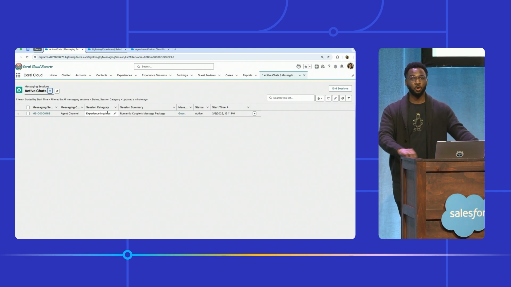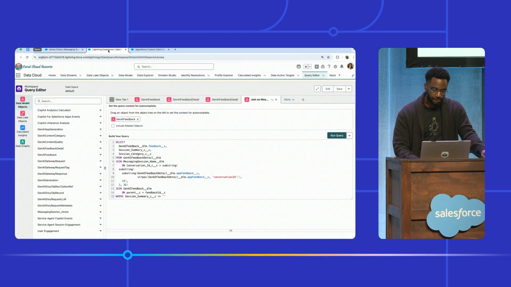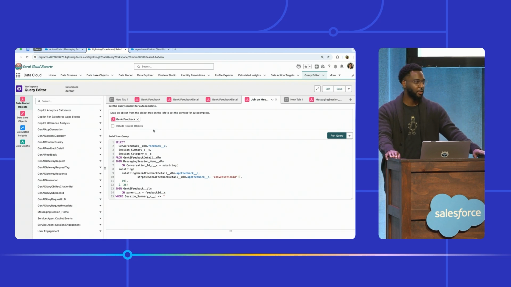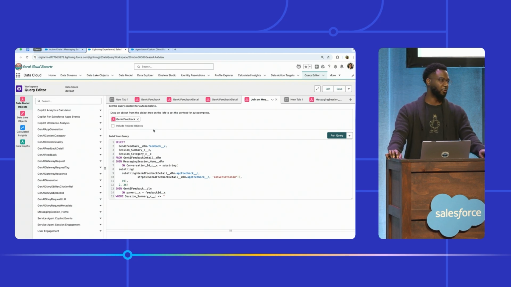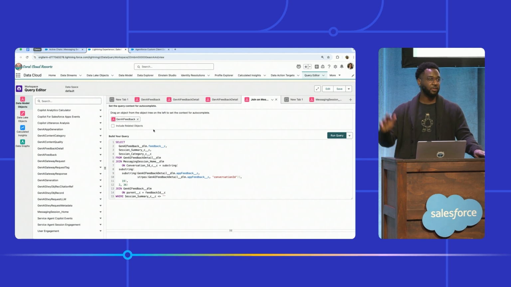And for that, we're going to hop into Data Cloud. So this is the Data Cloud query editor. And I can't gush enough about this tool. It's so powerful. The more data you have in Data Cloud, the more powerful it becomes. So for context, I have my feedback flowing into Data Cloud so I can query it. But Data Cloud is also a part of Salesforce's core platform. So I can actually bring in records from any object that I have inside of Salesforce, and that's what I've